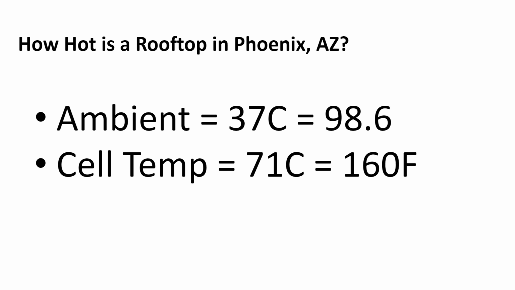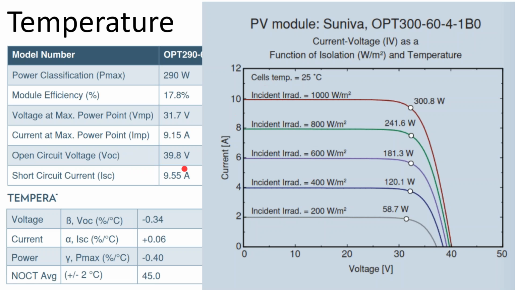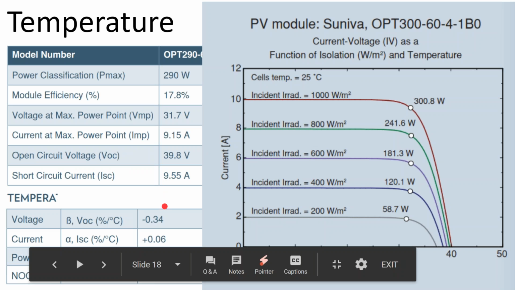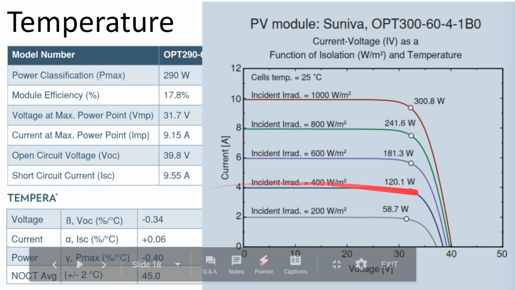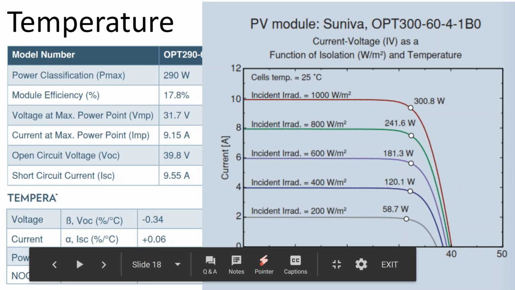We say, okay, well, there's about 45 degrees Celsius difference between the two. And if our voltage coefficient is a 0.34 and there's a 45 degrees Celsius difference, and it's a percentage per degree Celsius, well, what we're going to do,